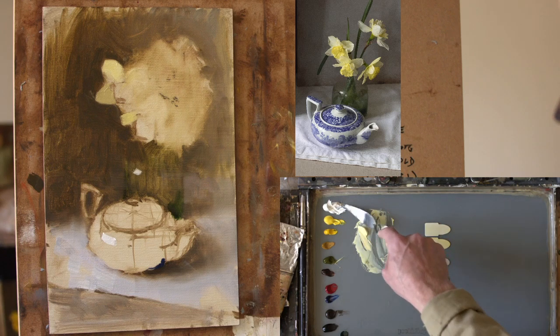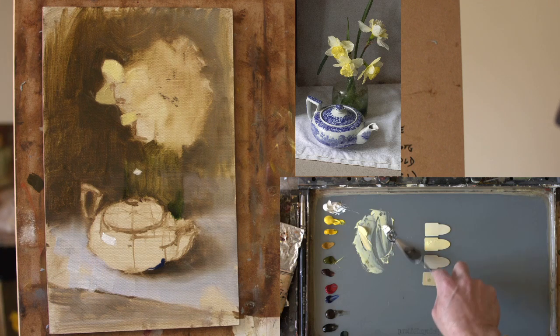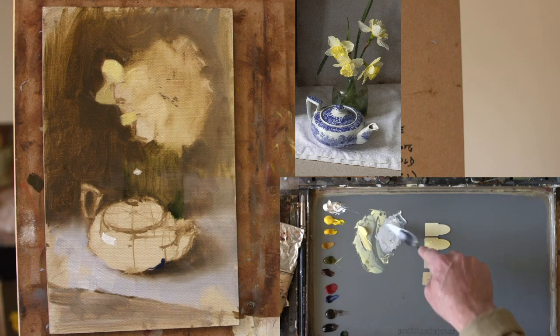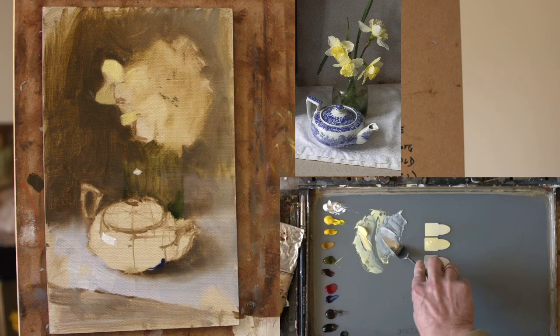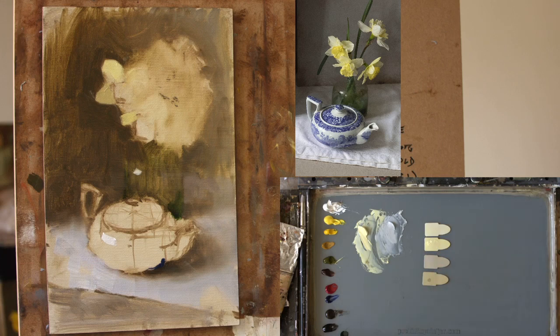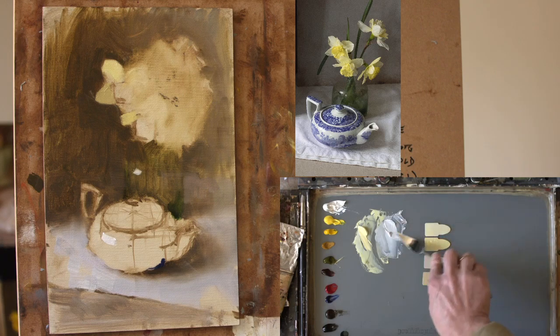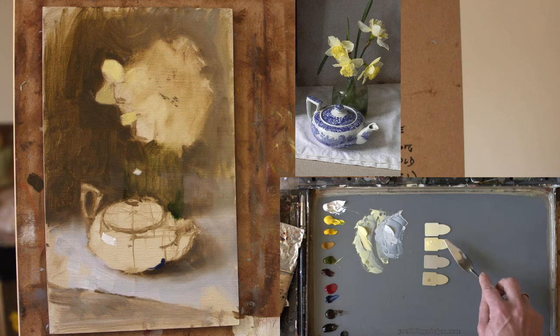I'm going to mix up a bit of neutral beside that of the same value as well, or near neutral, so I can drop the chroma if I want to. So what I'm doing here, if anyone's wondering, these are Munsell chips from the Big Munsell book, and I've found the local colour of those radial petals of the daffodils, and I'm mixing the local, and it's actually in between